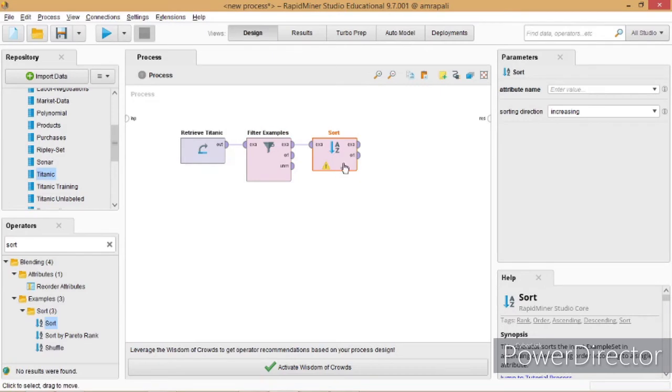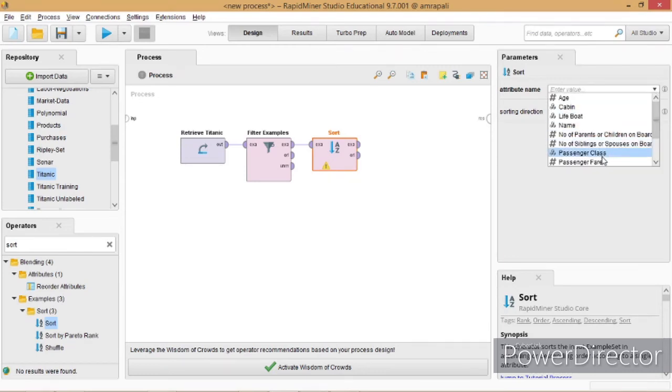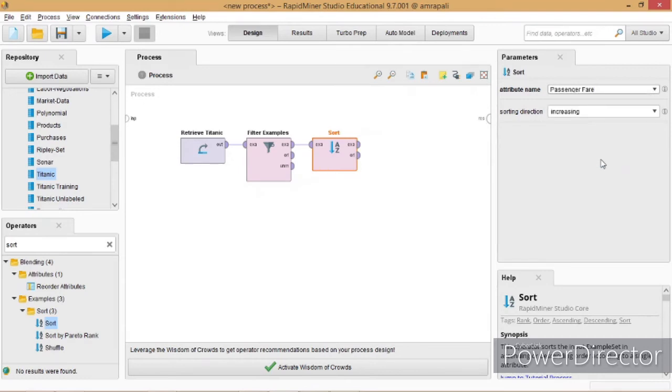Make the following changes in the parameter panel. Select the sort operator here and set the attribute name, that is passenger fare, and change the sorting direction into the decreasing order.